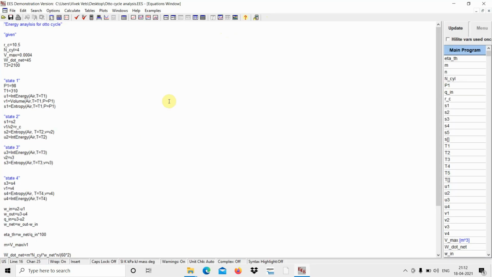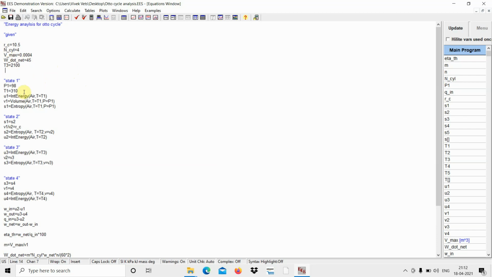If you are new to this, then the first question that will occur is how you are going to solve the numerical. If you are not from a coding background, it seems too difficult, but it is an easy one. Basically, we have to provide the basic information which is already given in the numerical. RC is given, number of strokes, Bmax, W dot. Then how does it analyze? It analyzes based on the inputs you have given.